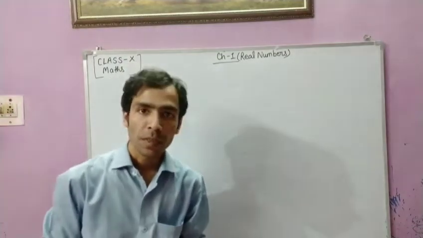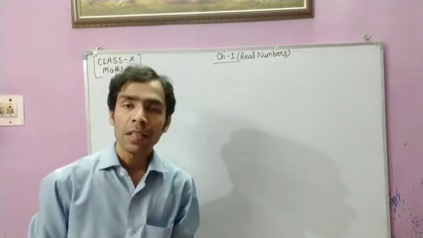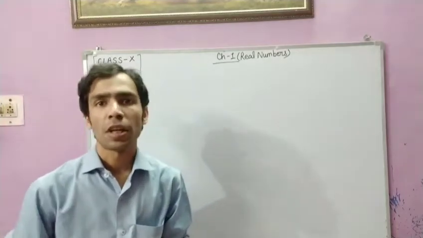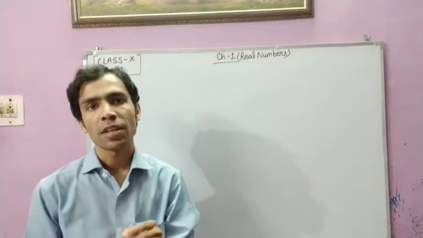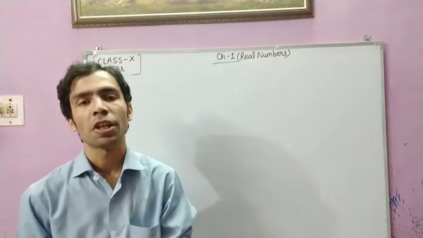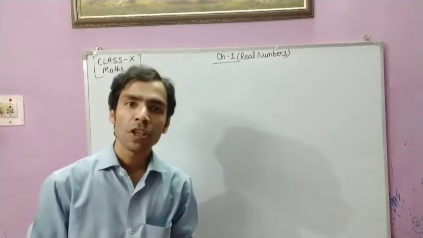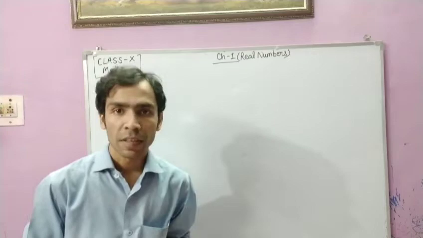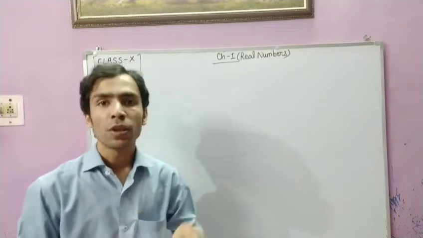So in this section, this is part 3 of your video, we will learn how to prove the combination of a rational and irrational number to be an irrational number. We all know that the sum of a rational and an irrational is always an irrational number. Similarly, the difference of a rational and irrational is also an irrational number. The product of a rational and irrational is also an irrational number, and the division of a rational and irrational is also an irrational number, provided some conditions are given. So in this section we will solve questions based upon these rules.